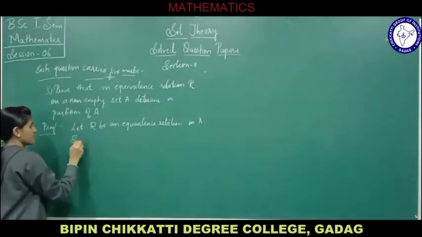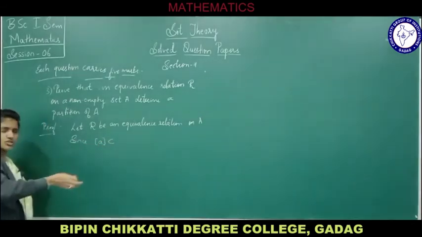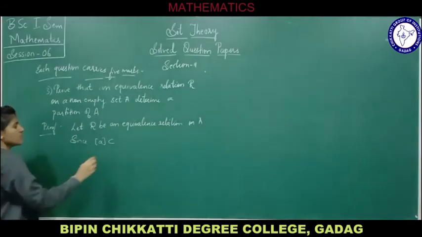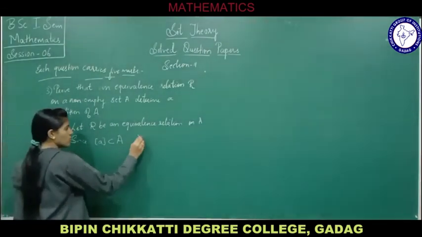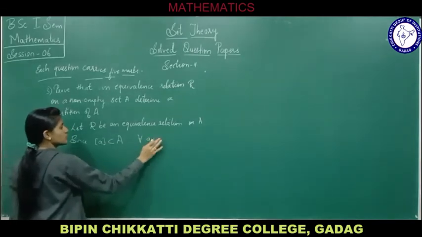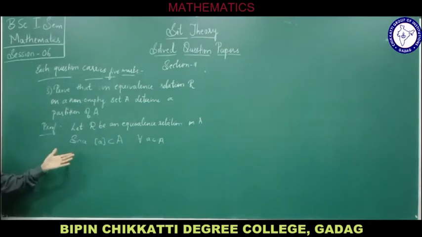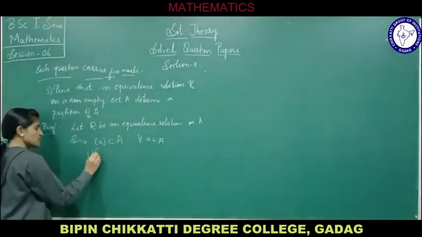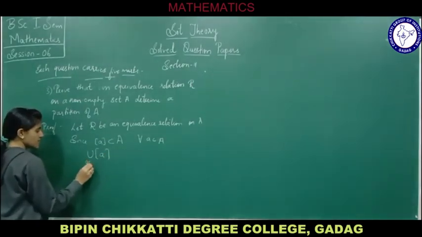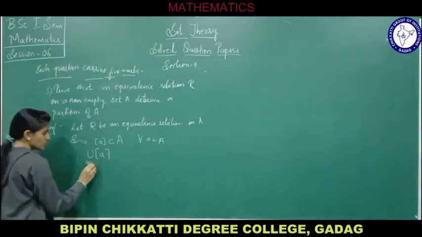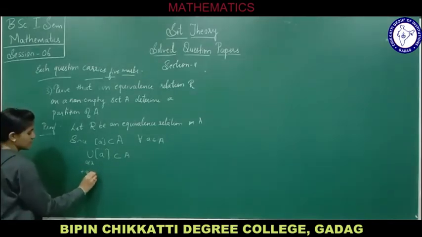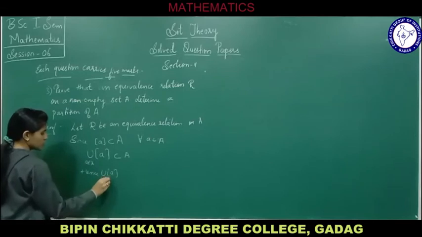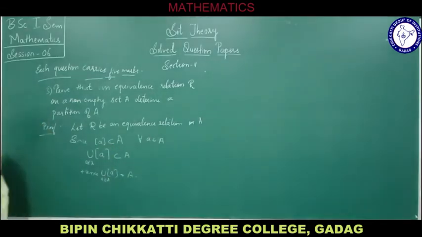Since, just now in this session we have defined the partition of A, each A is going to be a subset of A. Then for all A belonging to the collection, if A belongs to it, this A is a subset of A. Its union, that is the union of A such that A belongs to the collection, is going to be a subset of A. Hence the union of A, where A belongs to the collection, will be equal to A.